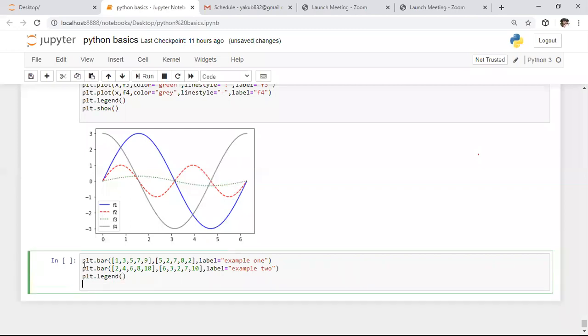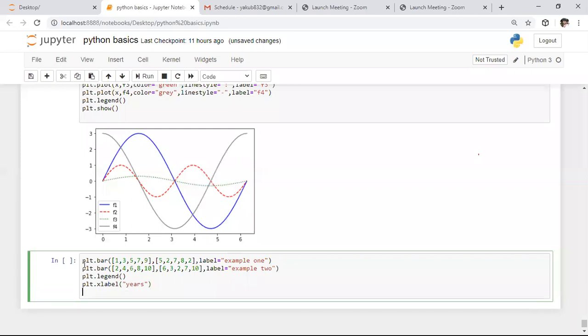After this, I want to keep the x label as well as the y label. So I want to keep the x label name as es. Here I'm keeping this as es. After this, I want to keep the y label name. So here I'm saying plot that y label, and I want to keep the y label as magnitude,